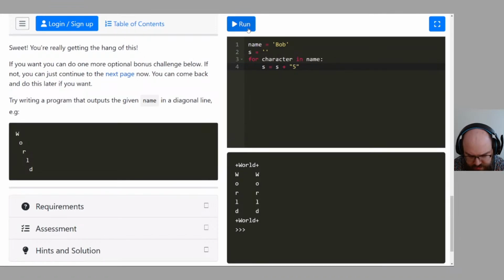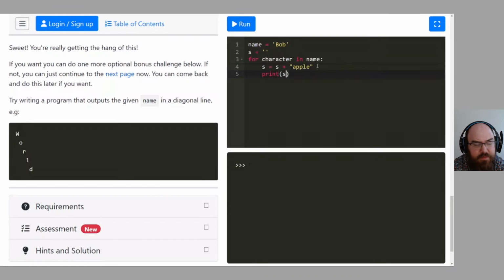Well, that's not going to match. You know what? I think the 5 is potentially confusing. So instead, let's have it be apple. Okay, that's better. Now on a new line, print s, but without an indent.